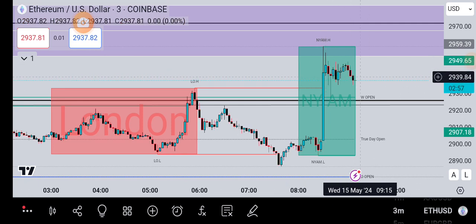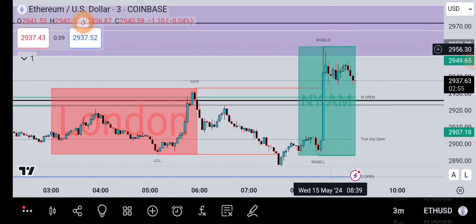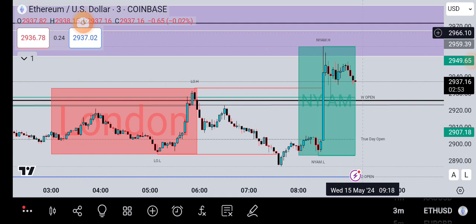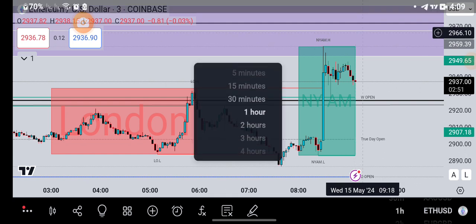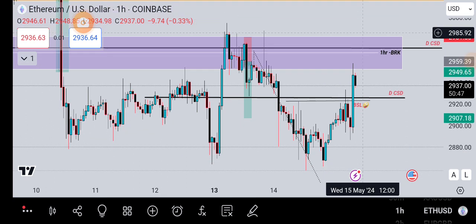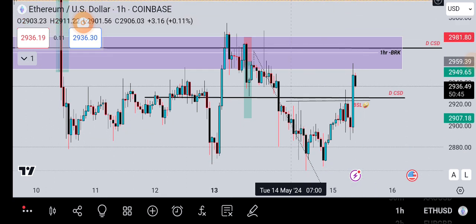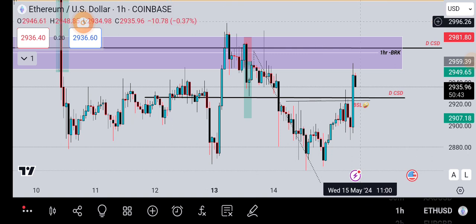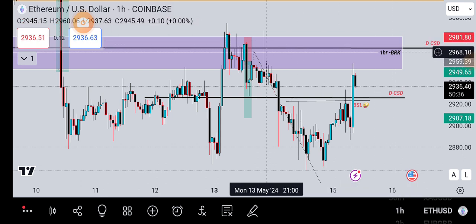But in the next 10 to 20 minutes, I hopefully want to see some clean price being formed. But remember also, these 1 hour breaker block had already been utilized here. But is there any possibility that we can see price retrace to the midpoint? That we don't know. But let's see.